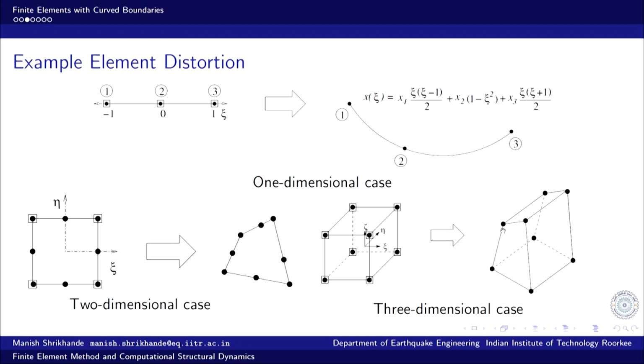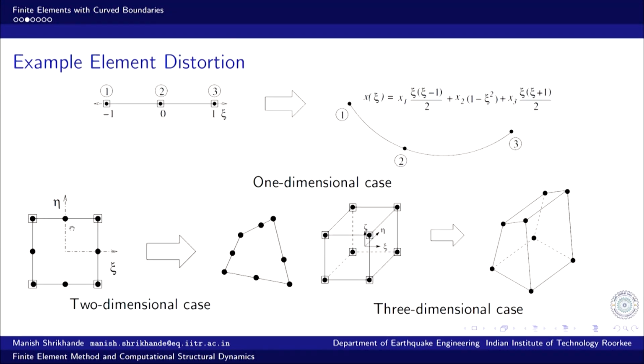This node goes here. So, what are the coordinates of this point? This node goes here. What are the coordinates of this destination point, and so on. So, each node has a 1-to-1 correspondence. Each node of the parent element, or for that matter every point in the parent domain, has 1-to-1 correspondence with a point in the distorted domain. That is essential. We will come to that in our subsequent discussions. So, this mapping is very important, and this is how we can generate arbitrary shapes.